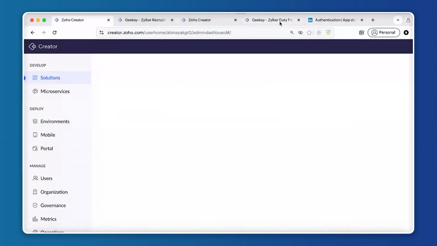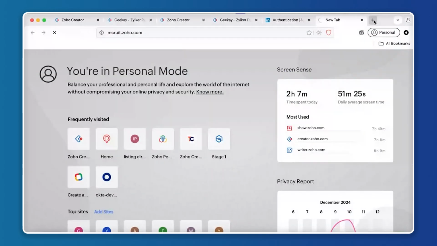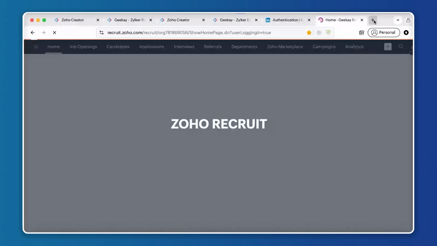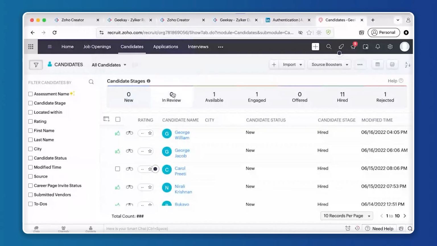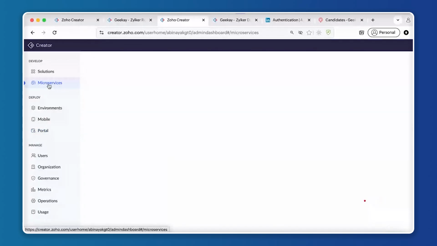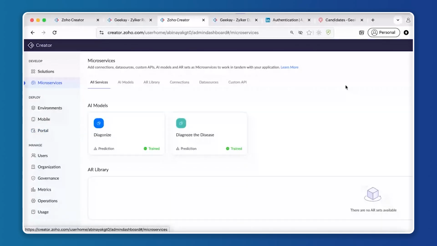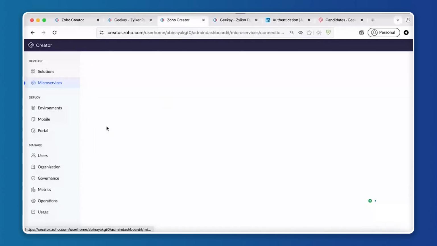So here I'm going to open recruit.zoho.com. Whenever the candidate application is generated, it has to be updated in Zoho Recruit under this candidate application. So if we are performing this integration, we'll have to create a connection, right? So I'm getting into microservices and I'm going to choose connections. And under this connection, I'll search for recruit. So once I click on this recruit,